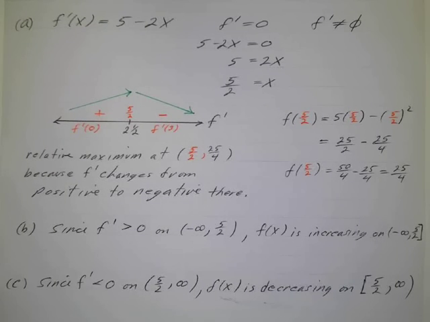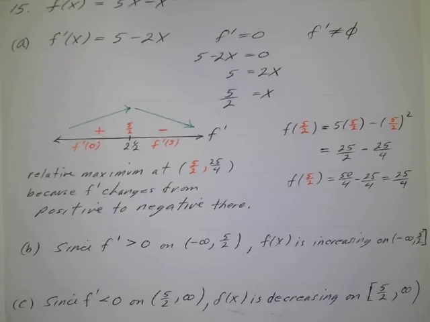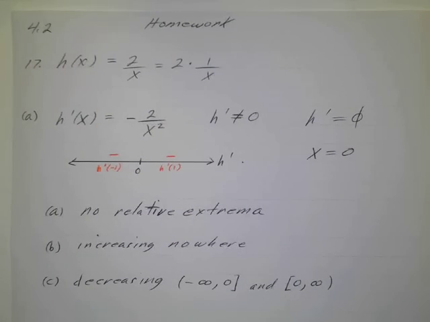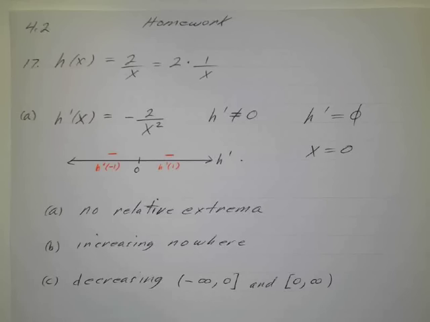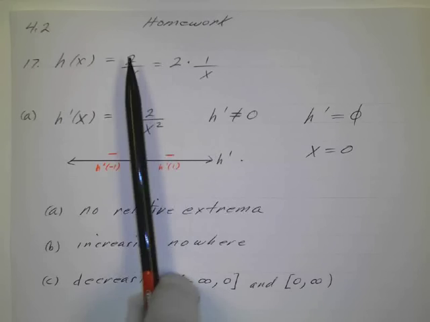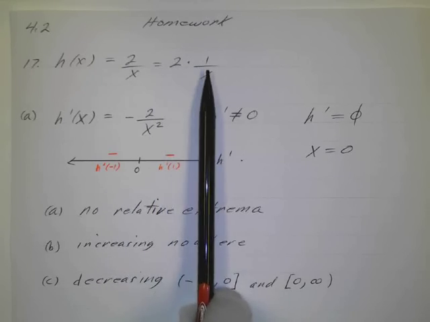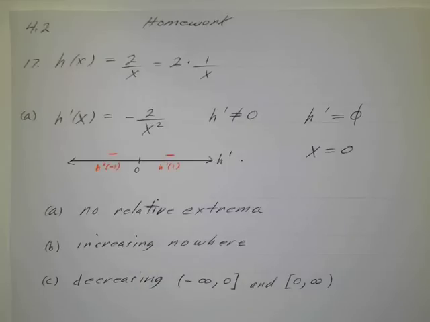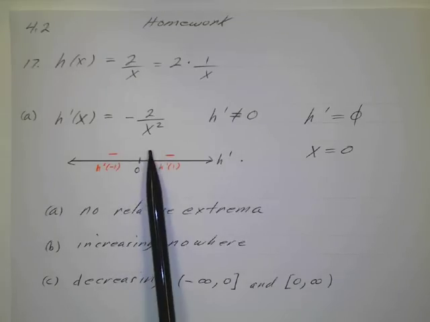Okay, let's take a look at number 17. Here's number 17. And this is a little bit easier because of the situation. If we take a look at h of x equals 2 over x, which is 2 times 1 over x. Remember the derivative of 1 over x, that's one of the ones we have to remember, is negative 1 over x squared, so that's negative 2 over x squared. And this is going to be